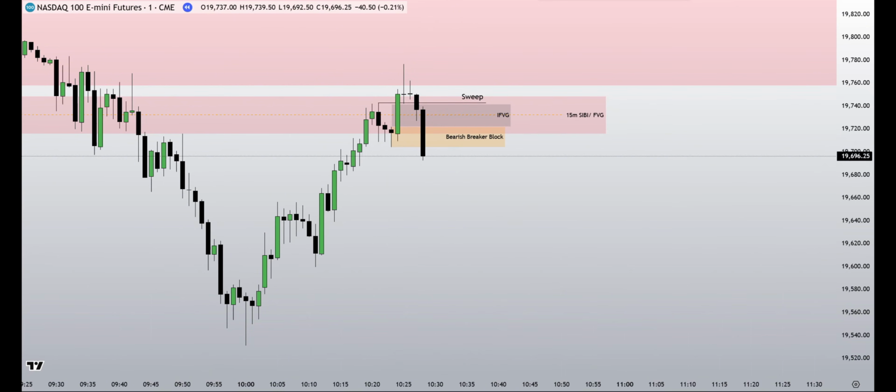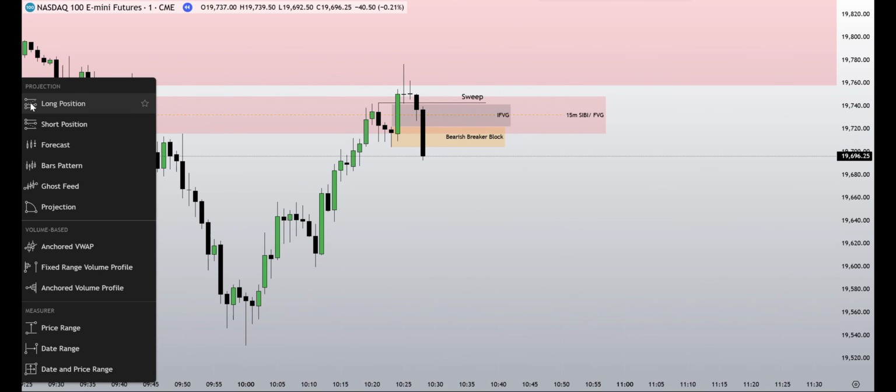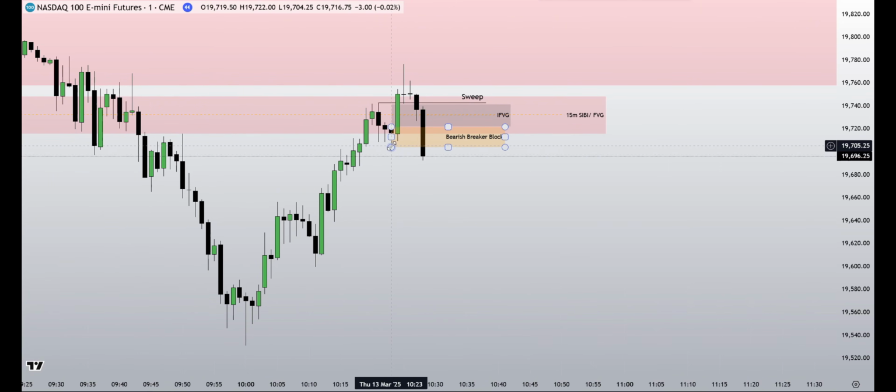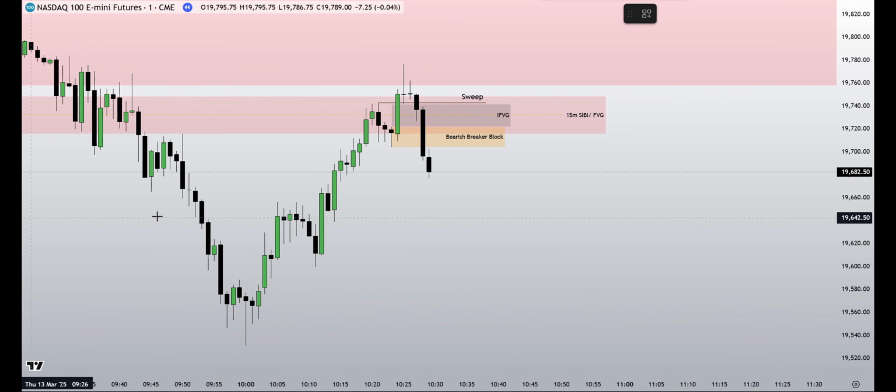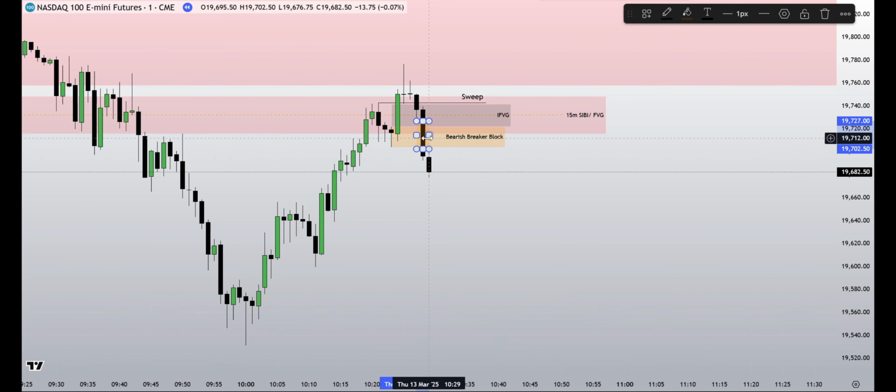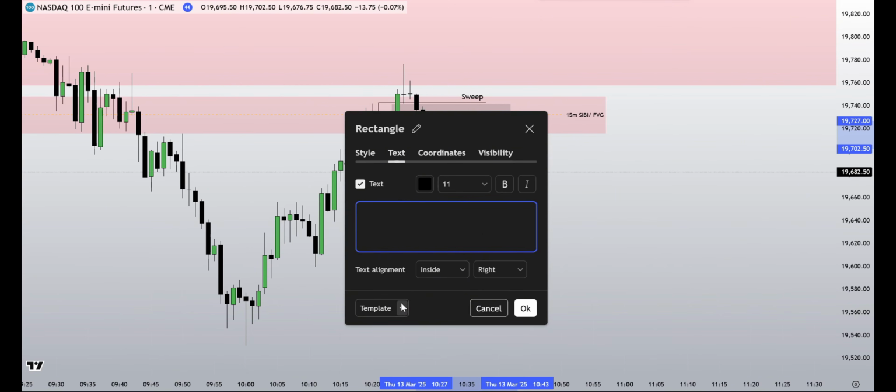So I would likely enter on the validation. You can wait for the retest, or you can wait for price to validate that change in the state, and you can enter on that. And what else does price do? It forms a fair value gap as well. So we have now,